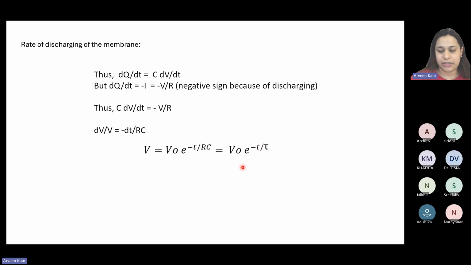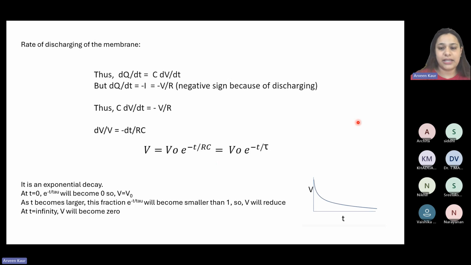And it will give us this particular formula or equation, which will be V, that is voltage, equals V naught, or the voltage it had reached, into e, where e is actually a constant over here, to the power minus t upon RC, which is basically the resistance into capacitance. And this resistance into capacitance can actually be written as tau, right? So this tau will signify the time constant. We will come to that.